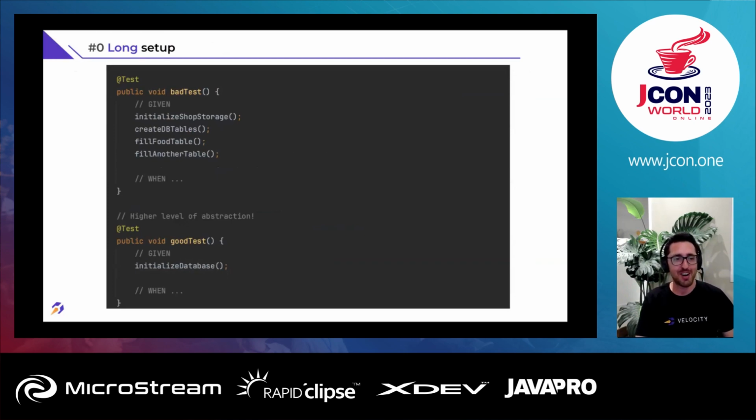In this case, we have a test where we initialize a shop storage, and we create DB tables, and we fill the food table and another table and stuff like that. Lots of stuff that is probably important, but not really the focus of the test. So we can just extract them into an initialize database function and just call it. If someone needs the implementation, he can deep dive into the function, but it makes the test more readable, shorter, cleaner.